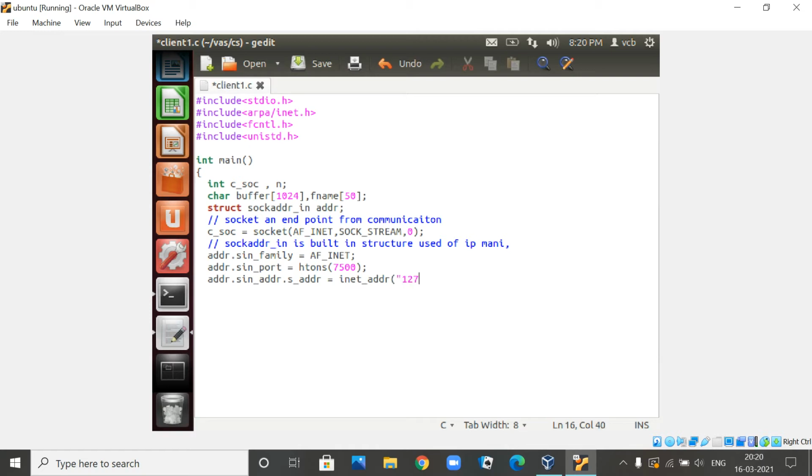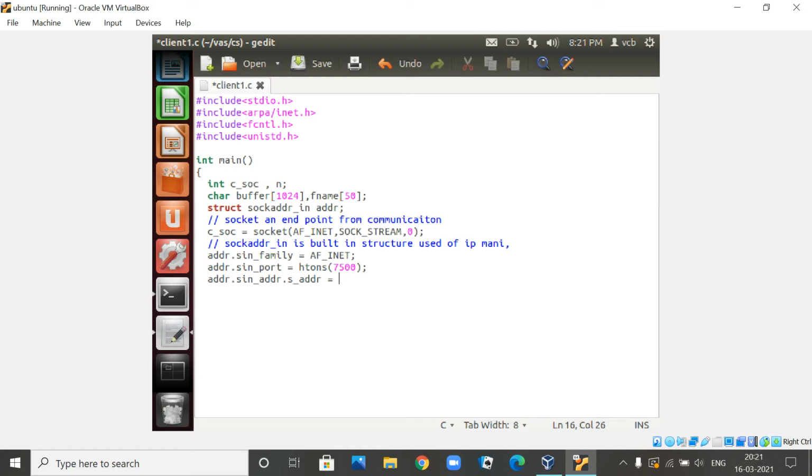Like say, if you know our IP address, we know how to check the IP address. So we will say 127.0.0.1. This is the IP address you are going to give here. Suppose we don't know the particular IP address in our system, then we can use 0.0.0.0 as the IP address by default. Suppose you don't know a particular IP address, there is another way in which you can just give any IP address.